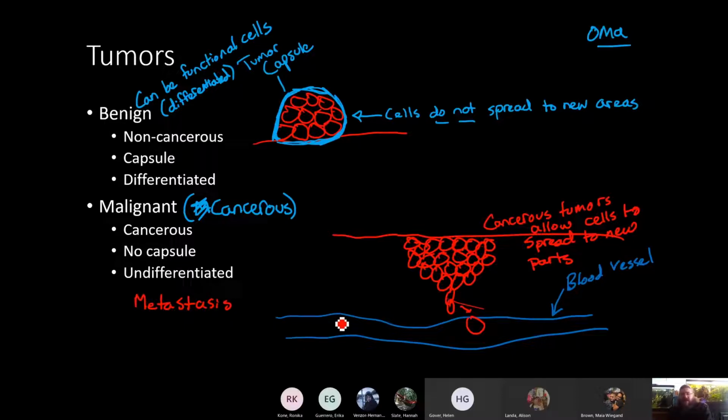Metastasis is the spreading of a cancer to a new part of the body. So metastasis is the spreading of a cancer cell to a new part of the body. So when you have a metastatic tumor, that means that tumor started in one place,